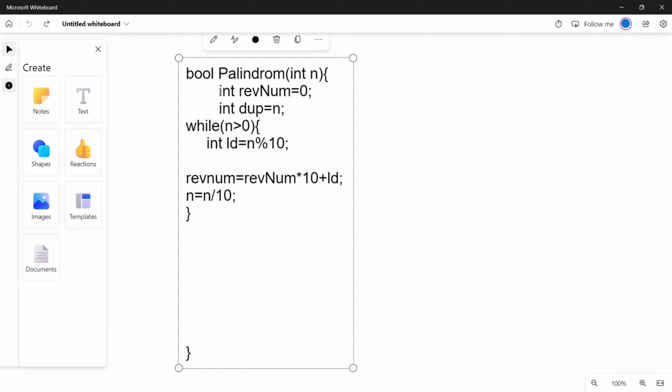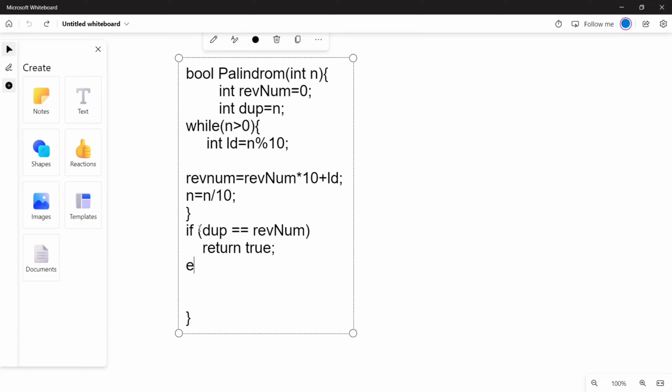After that, we close the while loop and check if duplicate equals reverse number. If it is true, then we simply return true.